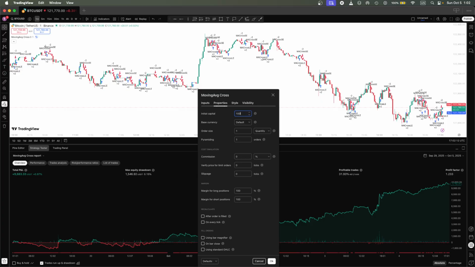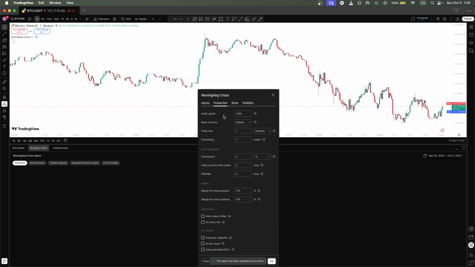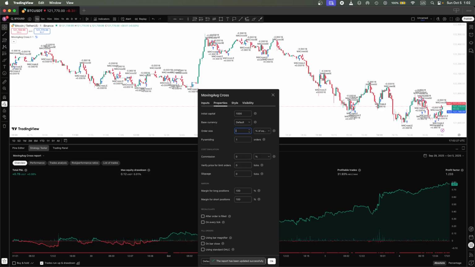Let's say we put 1000 USD. This will change the values from here now. And under order size, let's say you are risking, maybe for the video purpose, let's put 5%. So 5% of your equity it will use to take the trade. Okay, so this one is pyramiding, and then